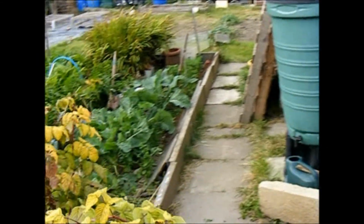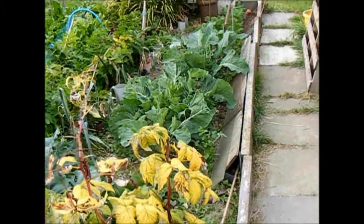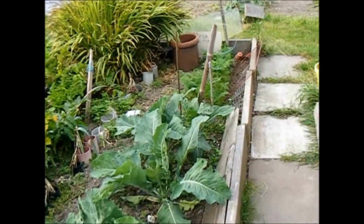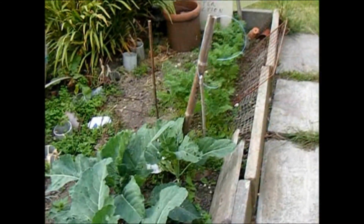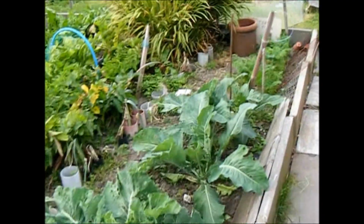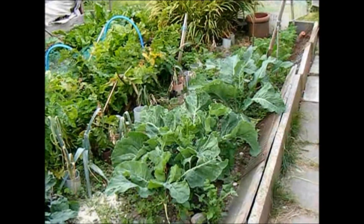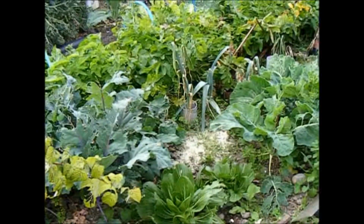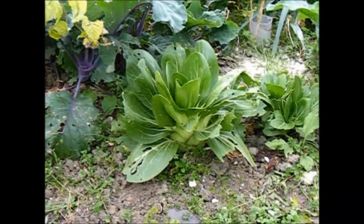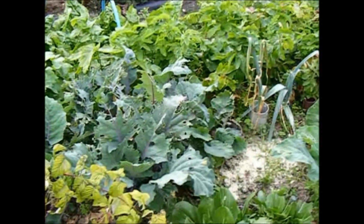Right, and then we come on round. Remember, this was the patch that had our garlic in and broad beans at one end early in the year. They came out. We've sowed some very late carrots, and they're coming good, and I've been pulling those. Then I've put in some cauliflowers, and they're ready for April next year. And there's a pak choy doing very nicely, and another small one alongside. We pulled one pak choy last week, which you would see on the harvest